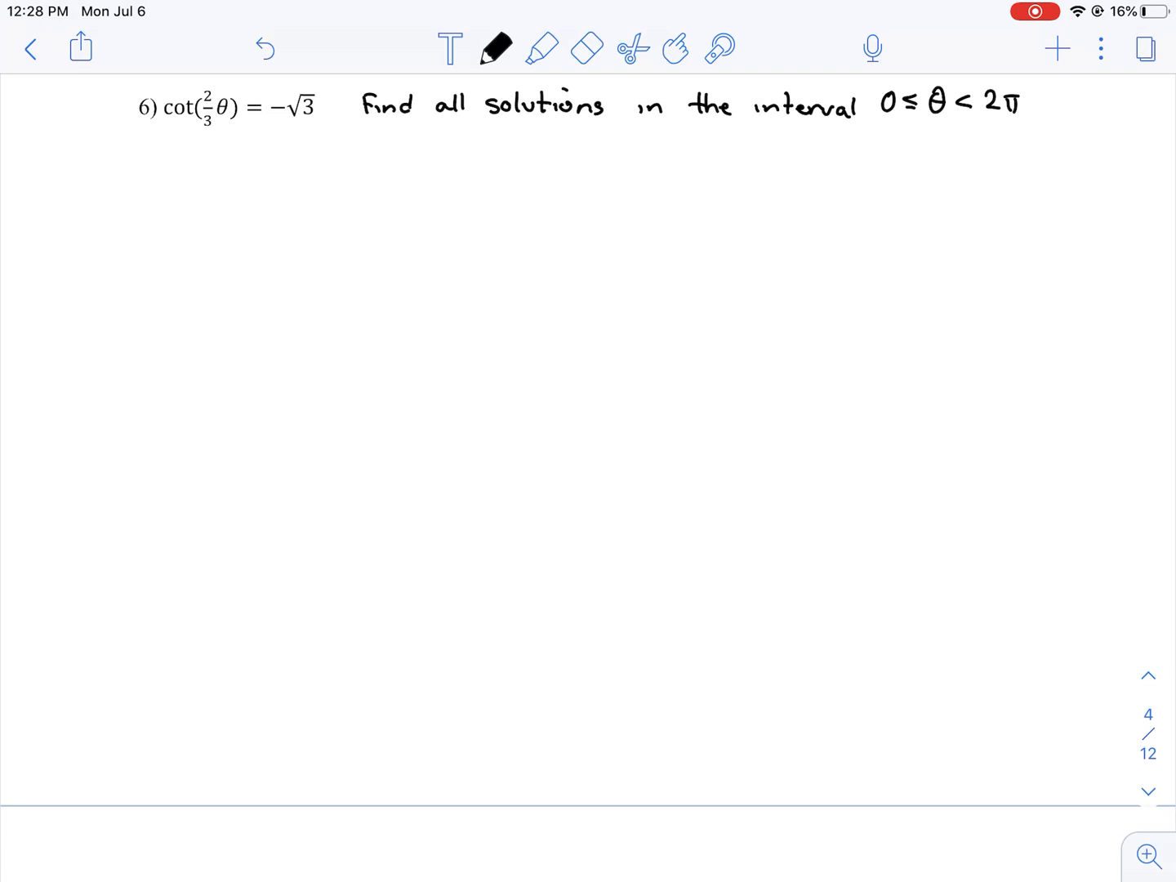The first thing you want to ask yourself is, what angles have a cotangent value of negative square root of 3? Well, there are two. Cotangent of 5 pi sixths and the cotangent of 11 pi sixths. Both of these equal negative square root of 3, which means that 2/3 theta has to equal 5 pi sixths